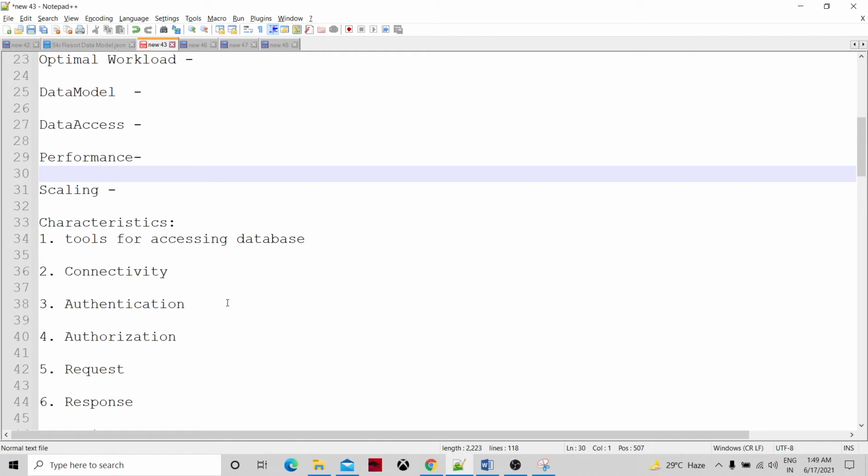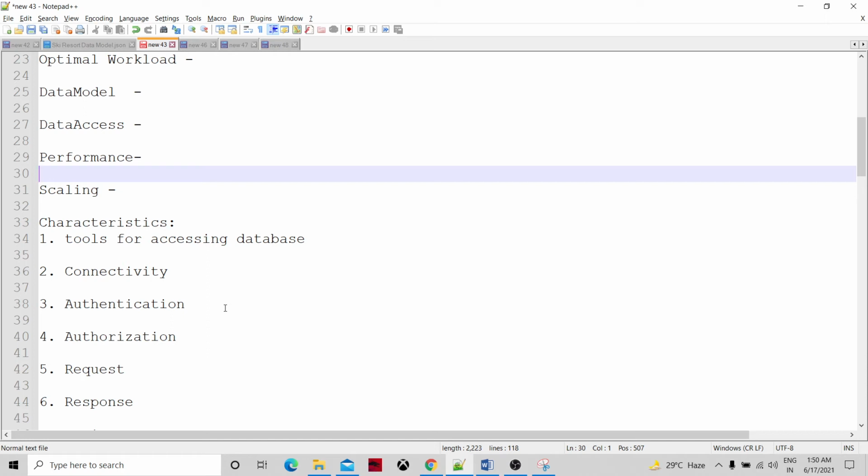Okay. And in terms of connecting to the database, there will be an application program which maintains the network connection with the database as and when required, and whenever the connection is terminated, the connectivity also gets terminated. But in terms of DynamoDB, because it's a web service, it's stateless. As and when a request is sent, only then the connection would be there, and after the response, there will be no connection.